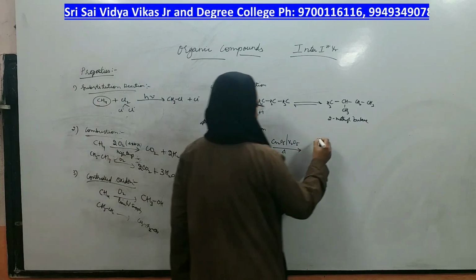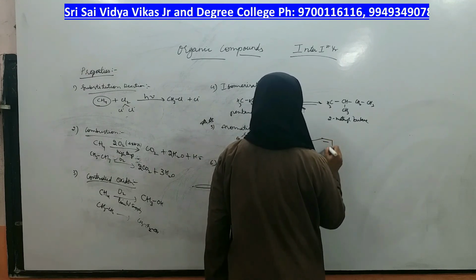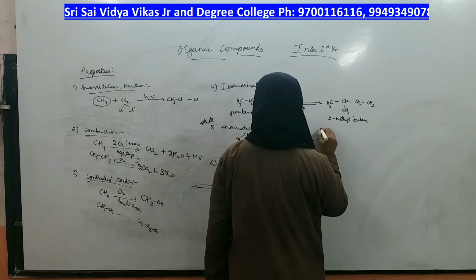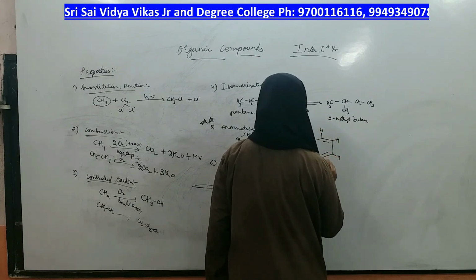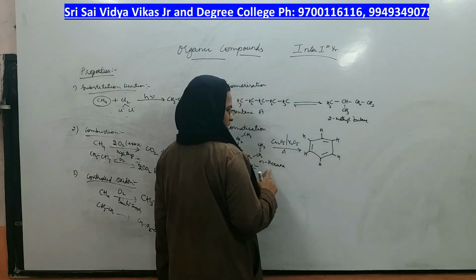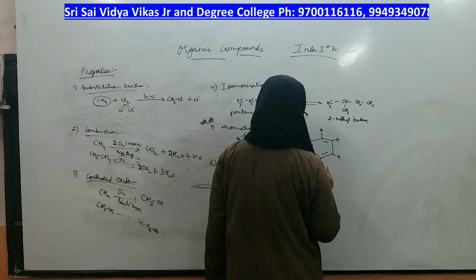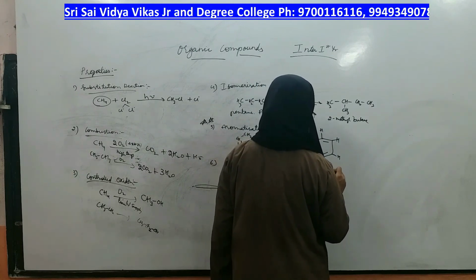So what you will get? A 6-membered ring is formed. On that 1, 2, 3, what is the name of this compound? If you are taking N-hexane and doing aromatization, you will get an aromatic compound called